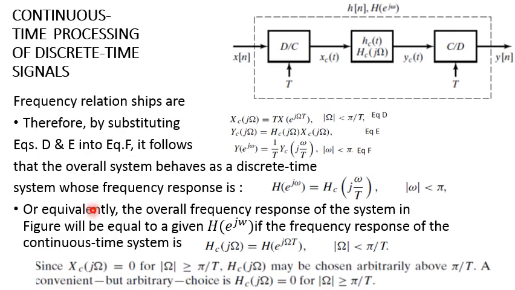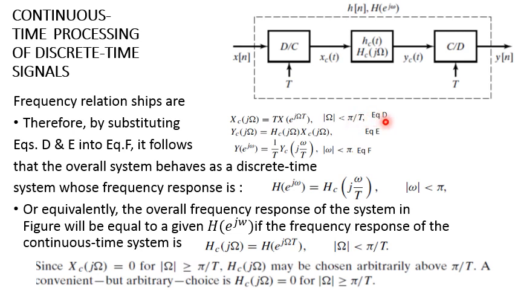So the frequency relationships: we have the continuous time signal which we obtain here. So this is your discrete to continuous converter. In case of discrete to continuous conversion, we use a filter with gain T. So the continuous time signal will be equal to T times the discrete time version which you have here. This is band limited, satisfying the Nyquist criteria, and we give it a name,